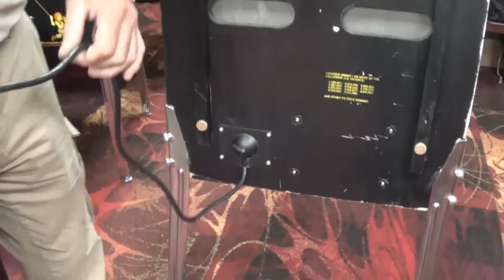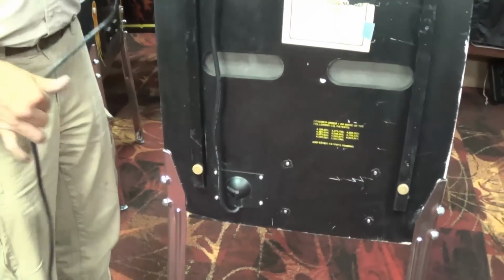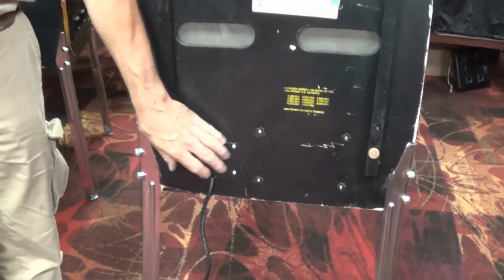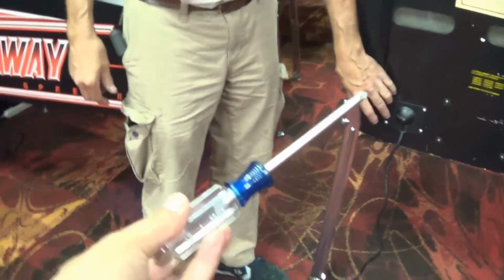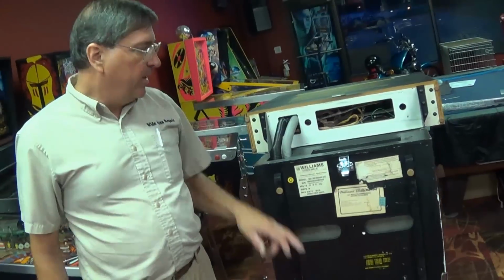Now some people don't. Some people will take this and shrink wrap it around the game. And then you slide it on the concrete and you ruin your line cord. Yeah, if you tear your line cord up, then you've got to put a new one in. So there are 4 screws. Sometimes they're 1/4 inch, sometimes they're Phillips. Yeah. And when you take this plate off, there is a